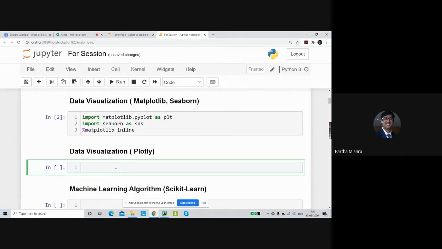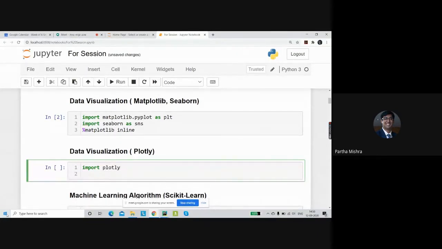Okay, so for Plotly, we will be looking at the graph objects. We have about 4 or 5 imports that we need to do. Import Plotly.